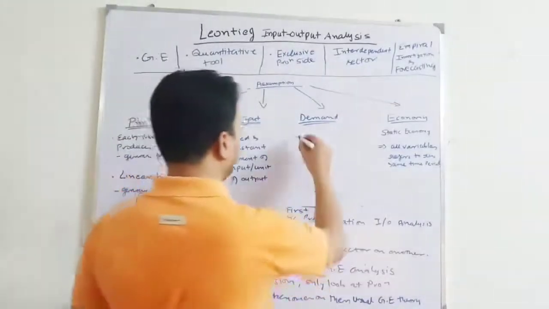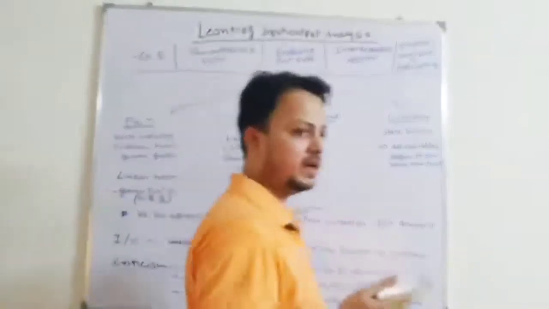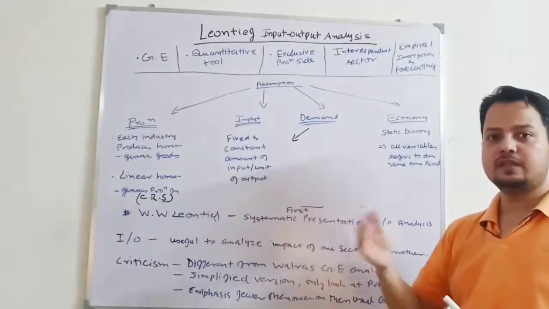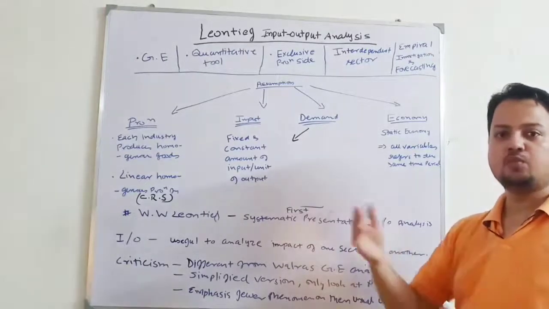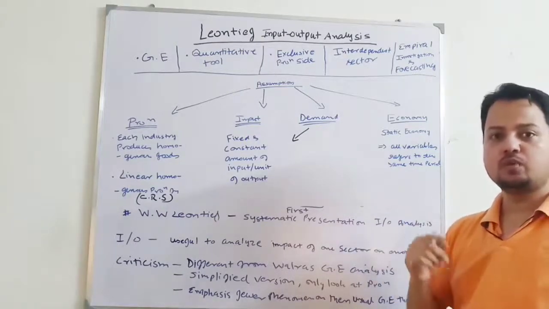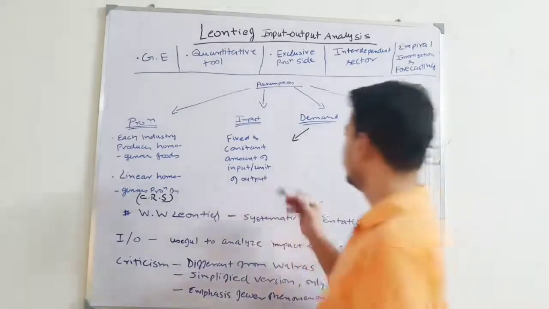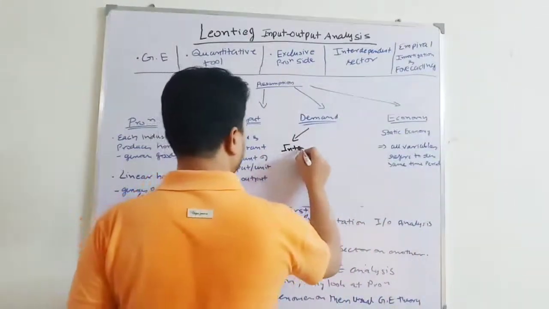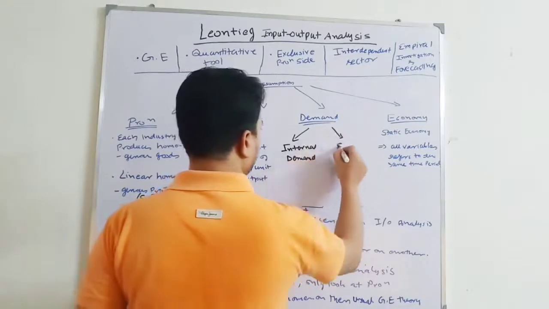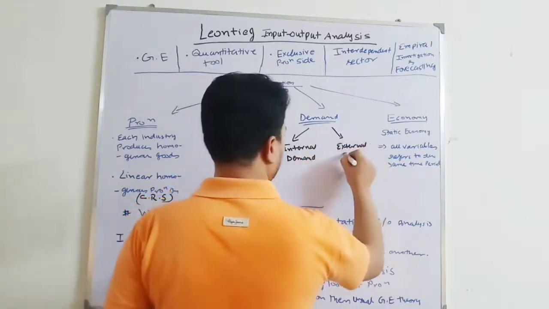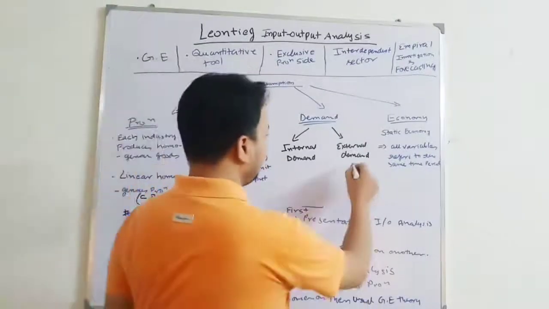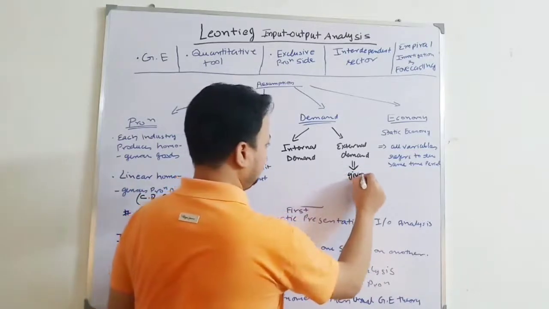So for demand, you have two sides. One, because all the industries are interrelated, a part of demand will be internal demand. Each industry is using the output of other industries as input, as well as using its own output as input. So you have internal demand and you have external demand. External demand in the model is given.